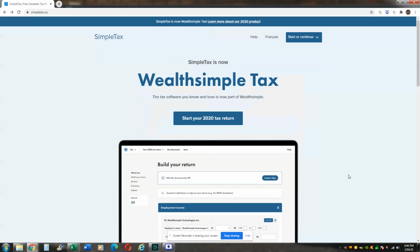So hey guys, tuturuan ko kayo kung paano gumawa ng sarili niyong tax using a free online software called Simpletax. Personally, I've been using this for the past 5+ years to do my taxes and my family's taxes. It's very simple, very minimalist yung platform niya, and it's very user friendly. Kung totally beginner ka and you don't know anything about taxes or filing taxes, this is the best, in my